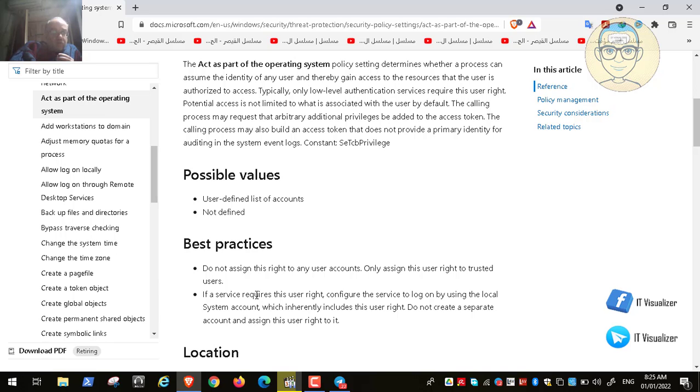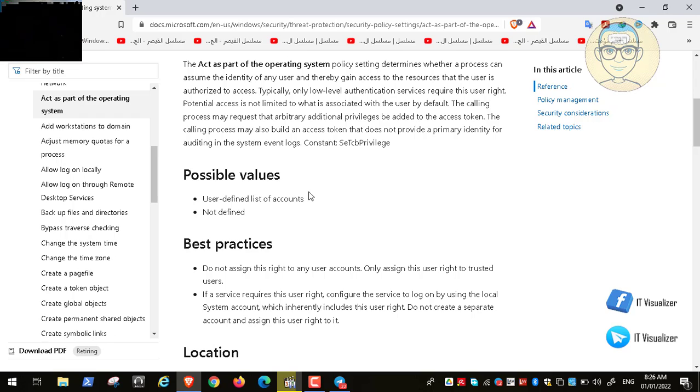So for example, if you need to run a certain service in Windows on one machine, you would create a user on the Active Directory and then let it restart or start the service. Here it is saying that if you need something like this, you should not make an Active Directory account and then give it the right to act as a part of the operating system. This is not recommended.